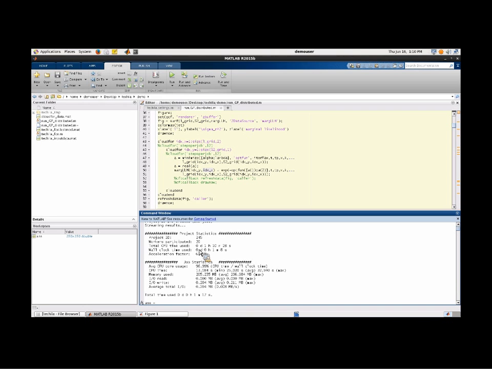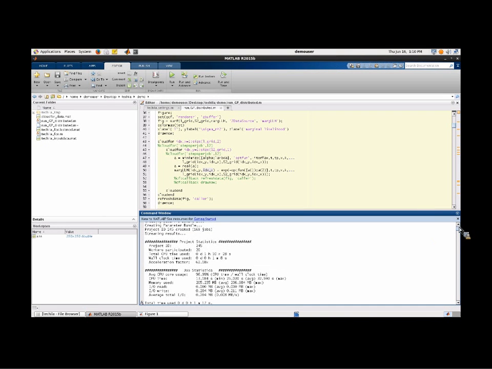So 1 hour of computation done in 1 minute gives us an acceleration factor of 62. This acceleration factor is calculated by dividing these two values: 1 hour 10 minutes divided by 1 minute 8 seconds is this value. And then we get some information about the jobs. When I ran the project, it created one project, and this project consisted of, let's scroll up a bit,